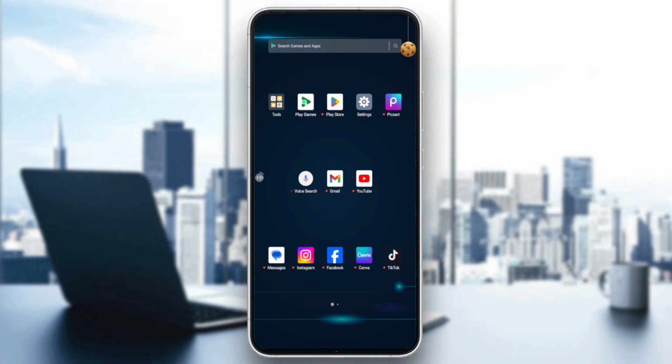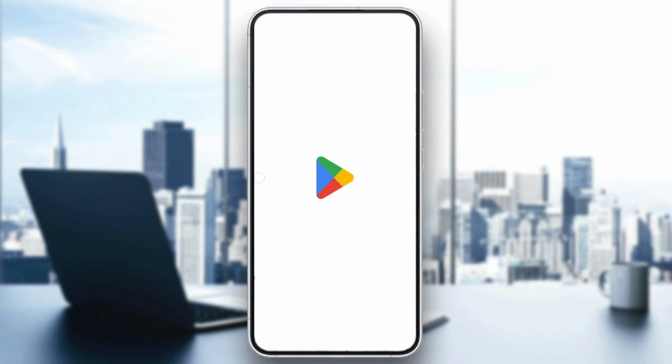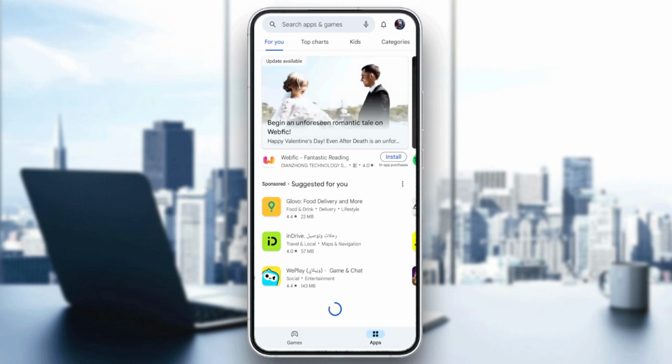So first, we need to go to our Play Store settings. Basically to do so, you will need just to click on your Play Store from your Android phone. So you click on Play Store and after that we need just to go to our account settings. And we need just to wait for the app to launch, and here we will find our account profile